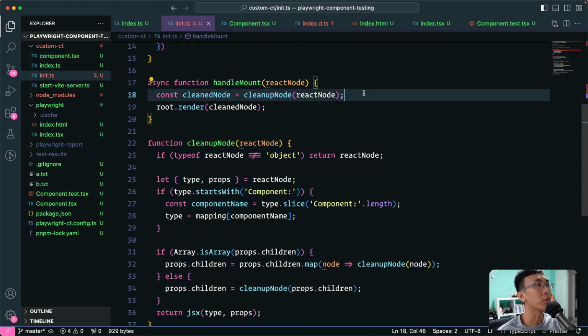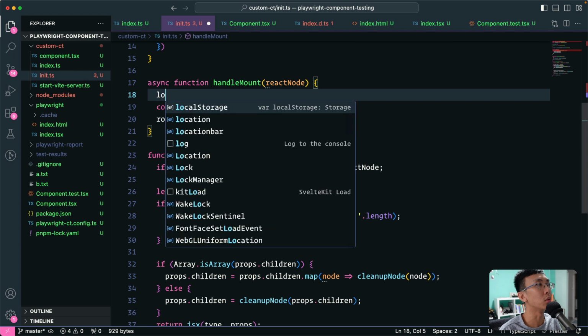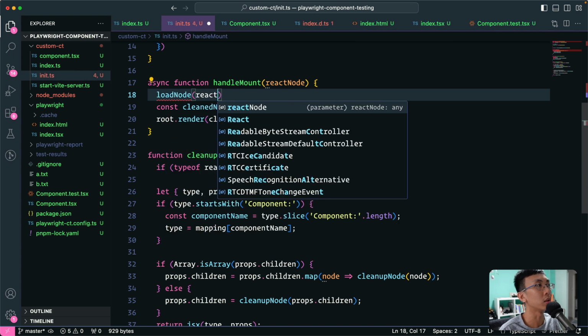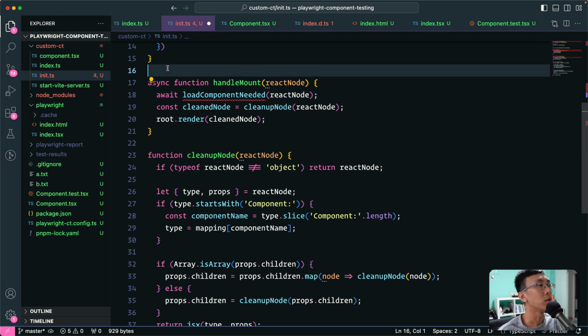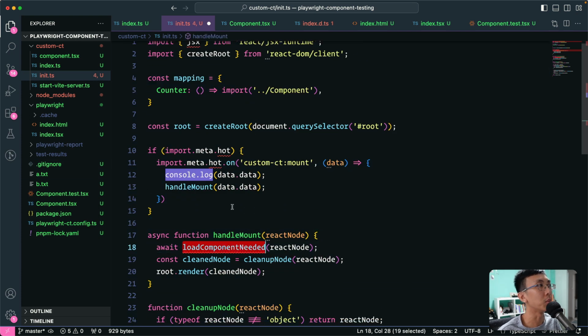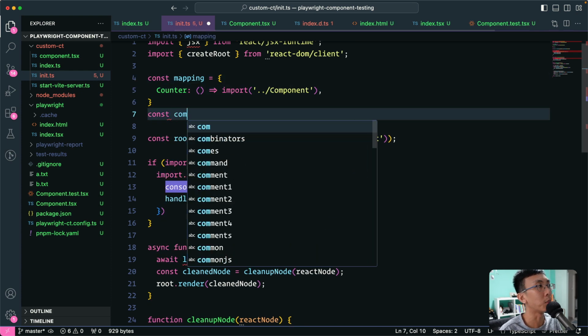And here in our cleanup, maybe the first thing is to load the React node, load component needed, right? And in the load component needed, maybe we have this, the mapping, and this is the component